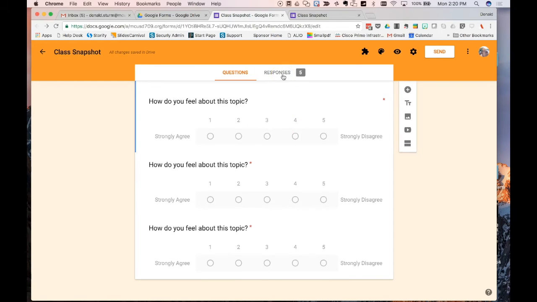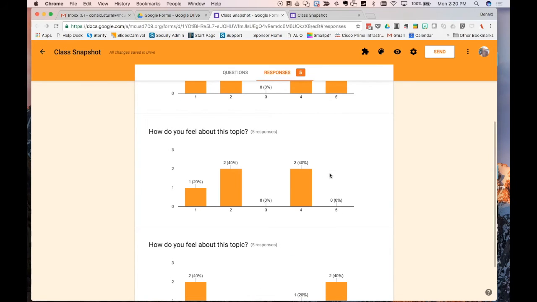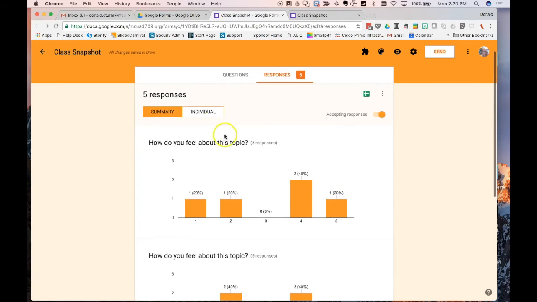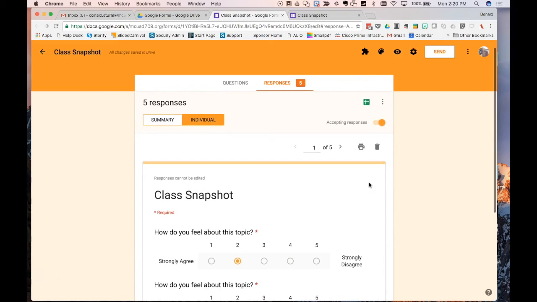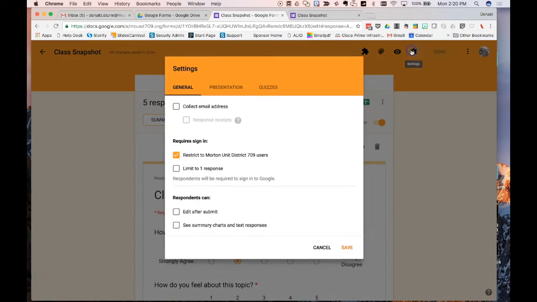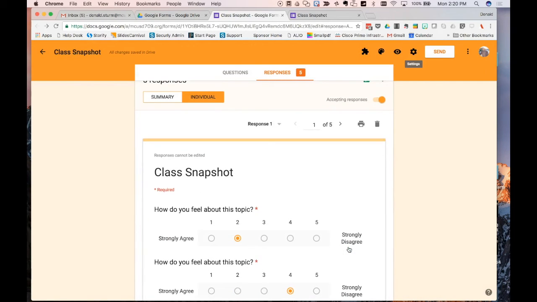It's a very quick way, it could be used as an exit ticket, but a very quick way of being able to see responses from the class as a whole. Again, if you have them sign in, and that's another thing we really haven't talked about on a Google form. If you say, I'm going to collect email addresses for this one, now the responses become, I would